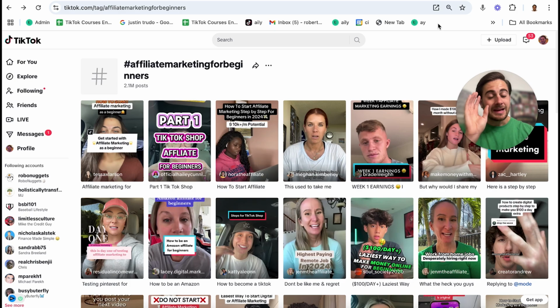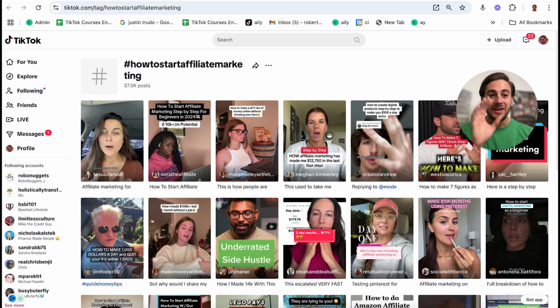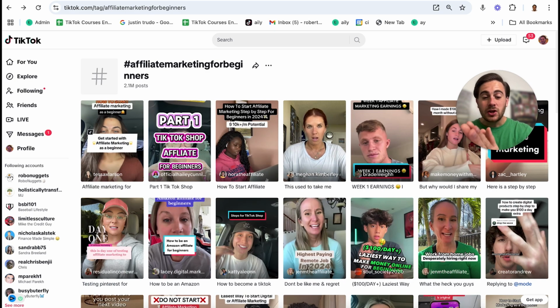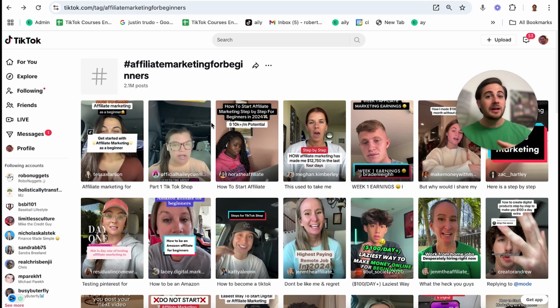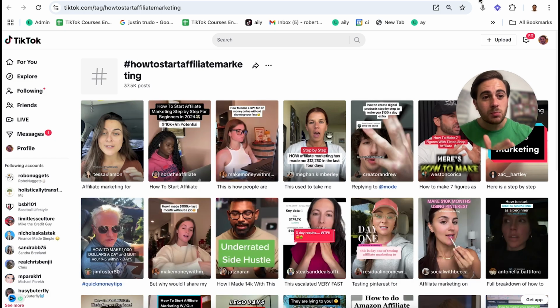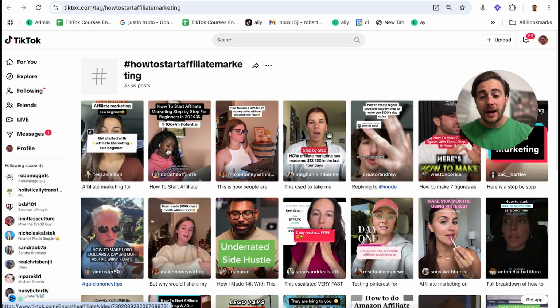That this hashtag is going to be way more important to TikTok than this hashtag because this hashtag has way more posts under it. So TikTok knows, wow, a lot of people are interested in this, because they take the cumulative amount of views that have been gotten on this hashtag in the last few days, and that's the potential audience that could be shown your content. A lot of creators make the mistake of only using small hashtags, but they're actually shooting themselves in the foot. Yes, you might rank higher on the hashtag, but it's not going to signal to TikTok that a lot of people are interested in whatever the content is that you're making.